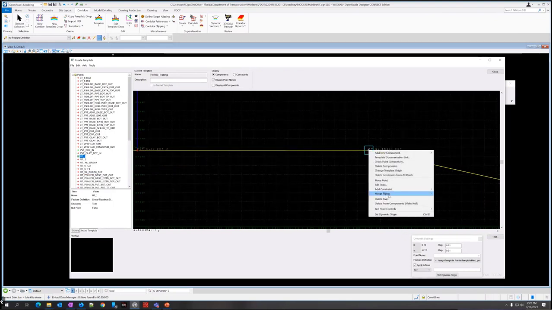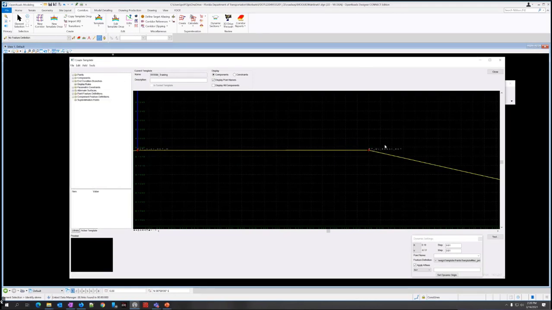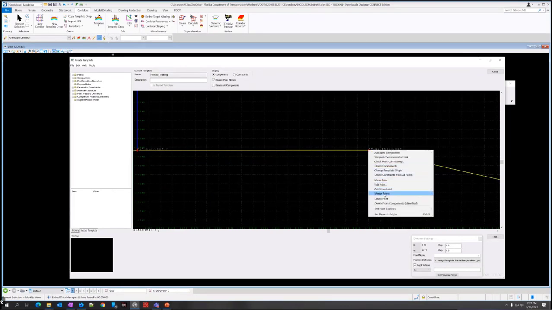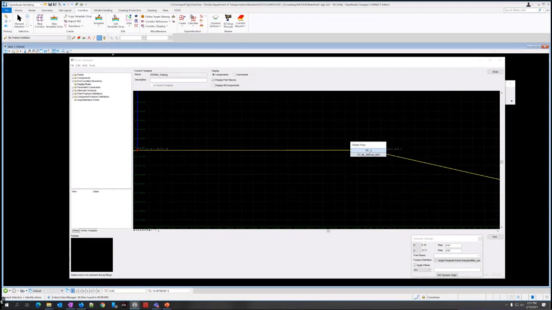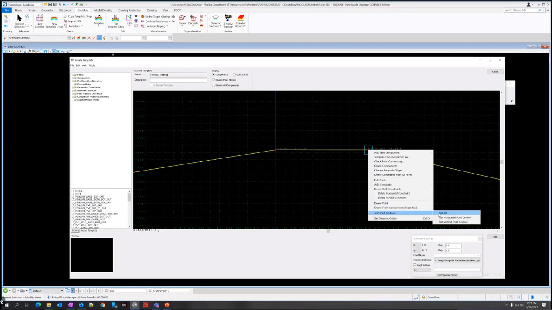If I right click on this, I have an option to merge points. I'm actually going to have to do this twice. First I'm going to delete, so I want to keep the RTML break bottom. So just delete one of these others, RT underscore. And then it says merge it with point. Well, I'm merging it with the ML break bottom. And that only comes up because there's 3 selections there. If I do this again, right click, merge points. I want to delete the RT underscore 2 now. And it didn't ask me the other thing because there's only 1 point to merge it with. So now all of these are 1 point, so everything's moving with it.